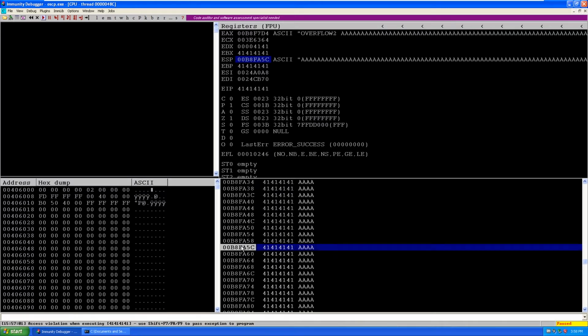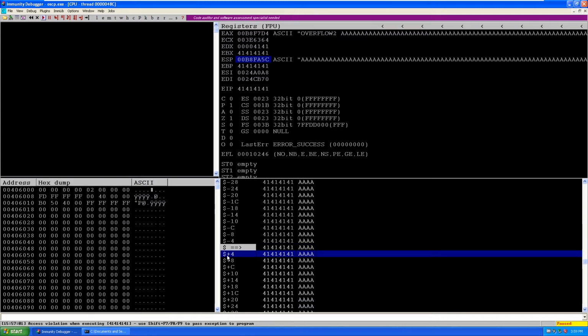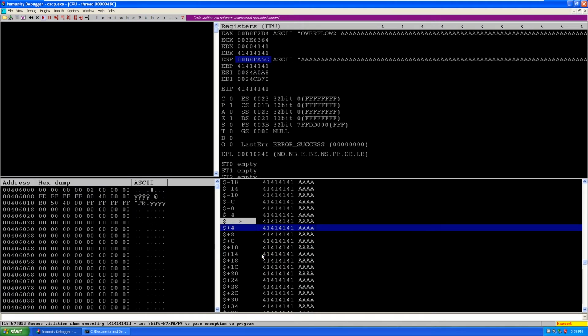But another way I am going to tell is, you double click on this address. It shows a dollar sign and an arrow mark, which is relative to this address. And if we go down here, it says $+4. It means the current address, and this address plus 4 gives the relative address. The addresses have been changed to the relative state, so that if a dollar is representing this address, then $+4 is the next address, and $+8 is the second next address, and so on.